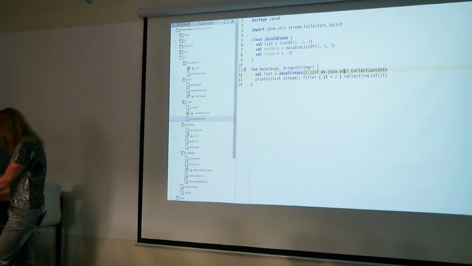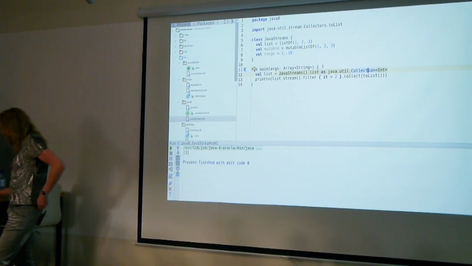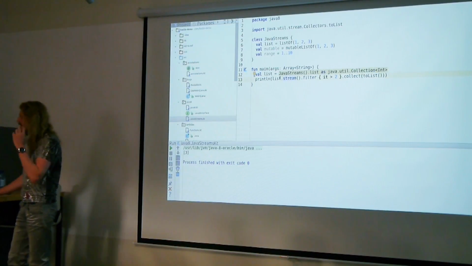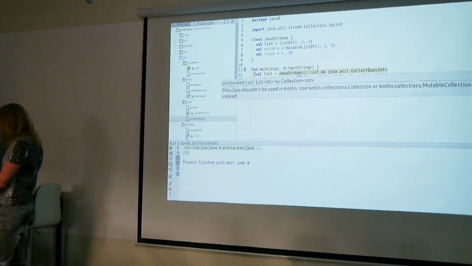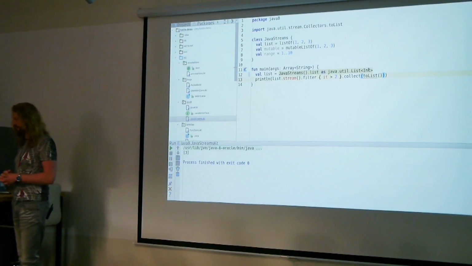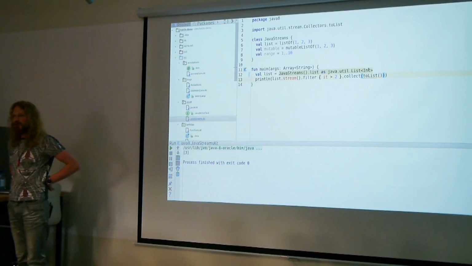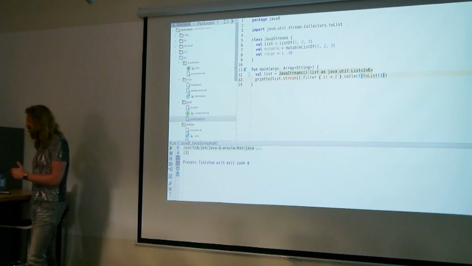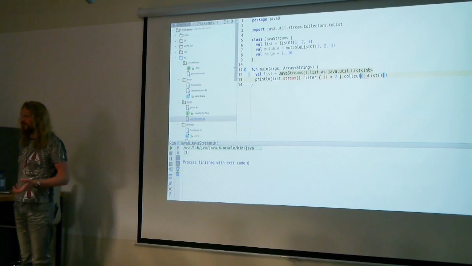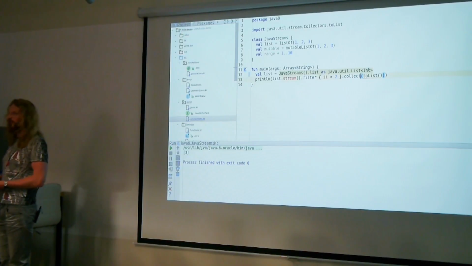But what I wanted to show you is that if I run this code, you can see I'm casting it to Java util collection, and only then, for some reason, can I call the stream method. But if I cast it to Java util list, then for some reason I cannot call the stream method. This is a nuance in the compiler, which they have fixed by adding a new Java 8 and Java 7 support library. You can add a Java 8 support library to your project, and then you can use all the Java 8 APIs. So this is how they solved it in the meantime. But in reality, I never had to call stream.